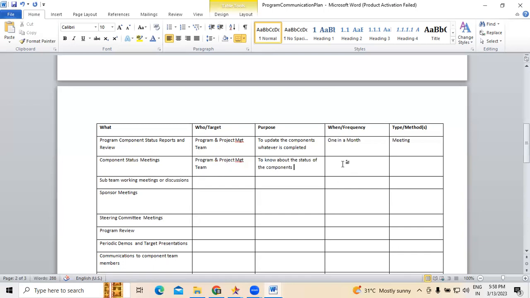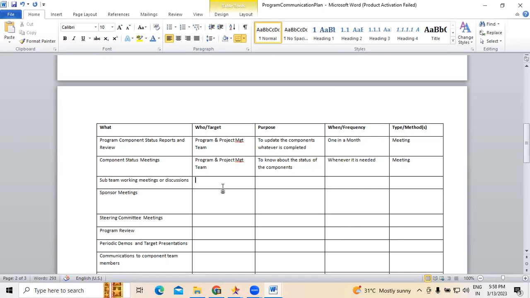So when are we going to conduct this? Whenever it is needed, because you never know when the component status is needed. That's what I was mentioning here. This is also a meeting kind of.